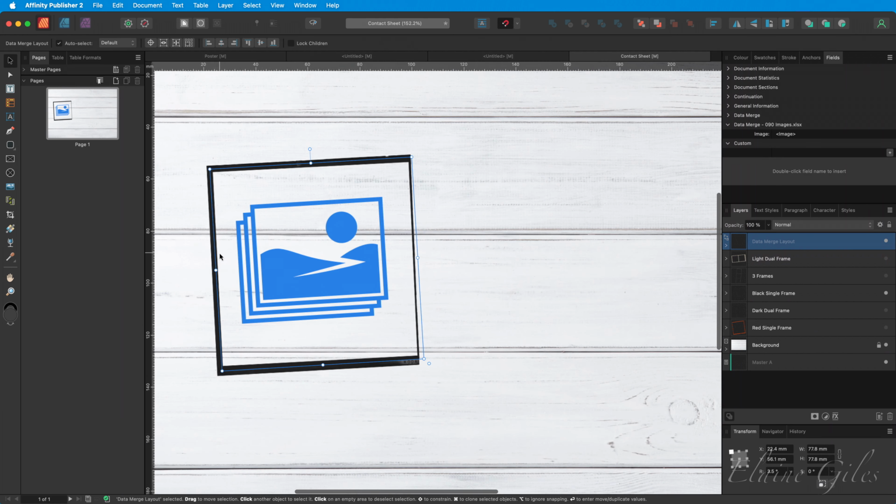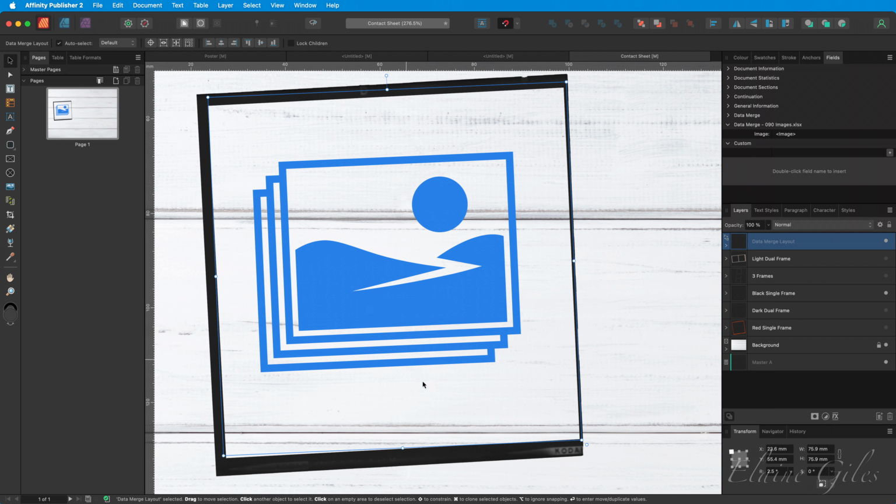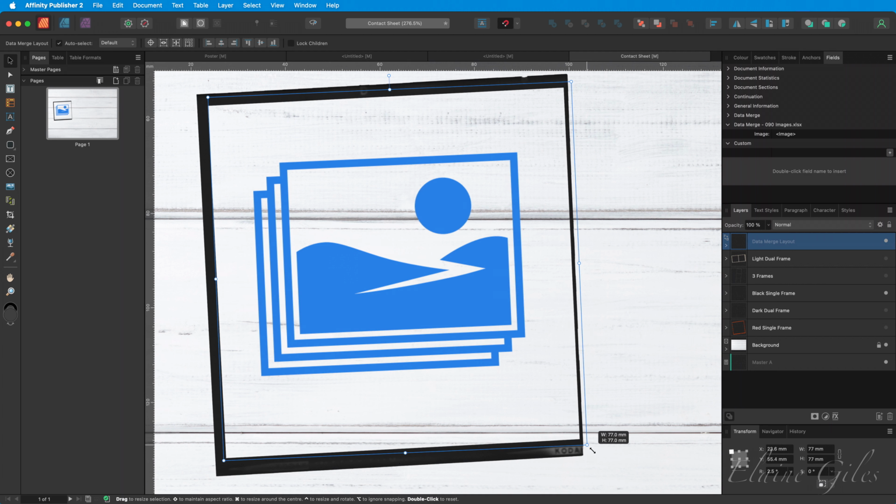So I need to make sure I don't have any of this image hanging outside. Although the rotation doesn't look bad, it's going to have to be rotated in such a way that I've got a little bit of the image on the right, but nothing overhanging it. So looking at this, I'm going to need to make it a little bit bigger and then move it back to the left, because I've got way more scope on the left to hide any overhang from the image. Then I need to put that behind the black single frame,